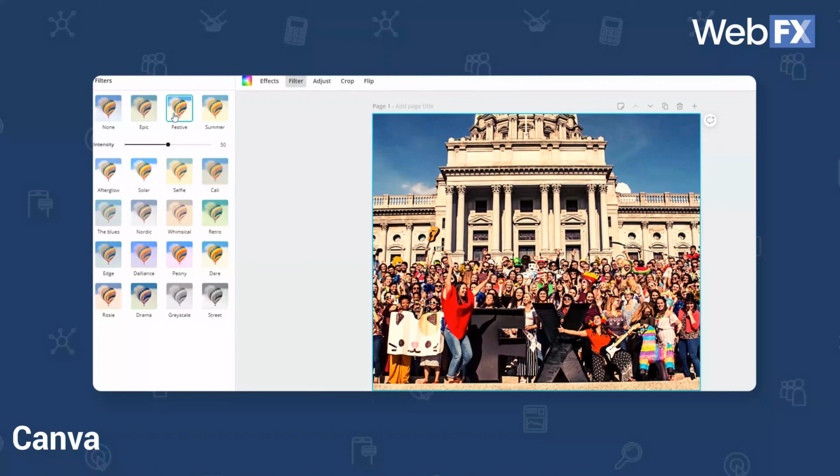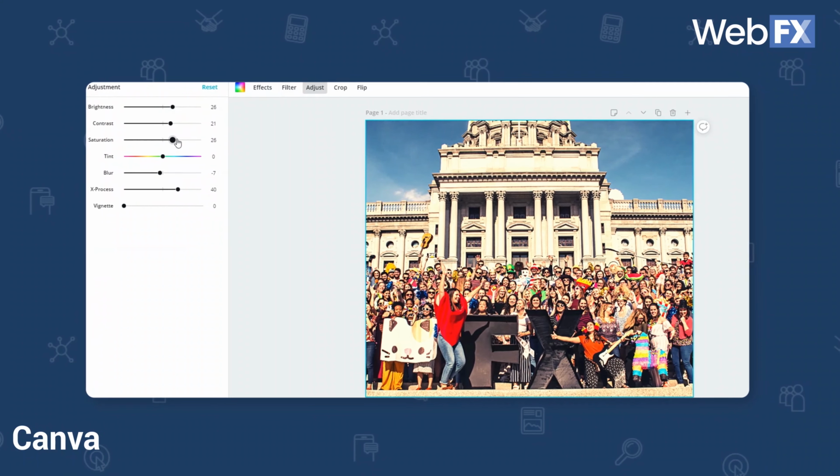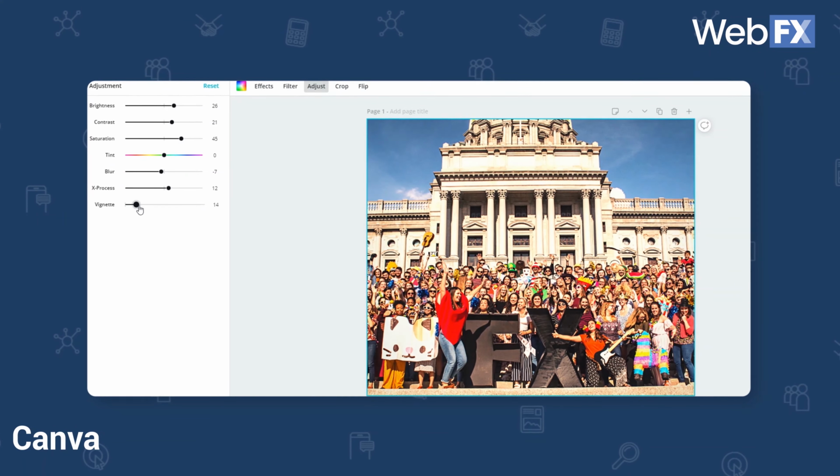Smartphone cameras are pretty solid in terms of quality, and you can easily spruce them up while you're making your graphics. If you upload your picture to Canva, you can add filters and adjust the brightness, saturation, and more in addition to the graphic elements you can add. Getting personal can really make a difference. So those are my 5 tips for how to create social media graphics.